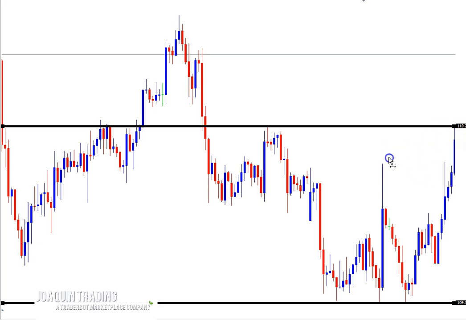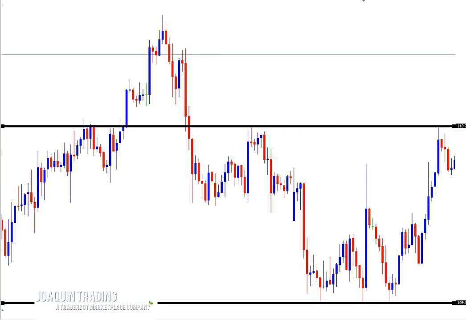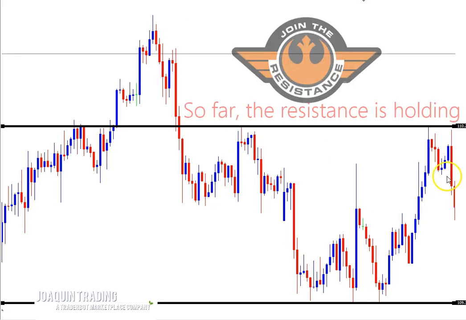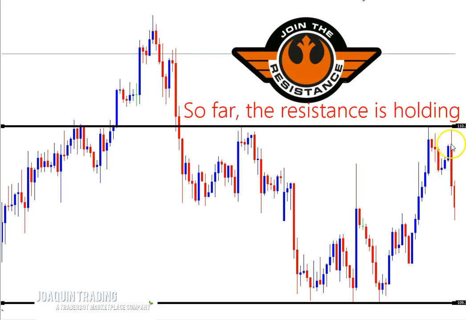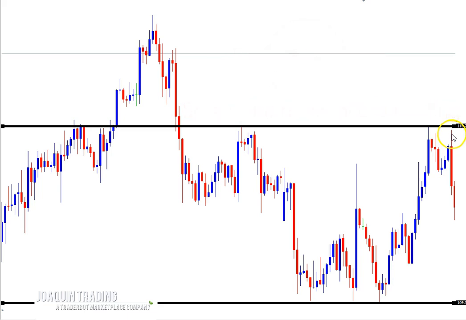So let's go back. Okay, now we can see it touched it and it bounced off of it. And here you can see it did it a third time. It tried to come back up here, tried to break through. It could not, and it just tanked from there. So price is still within the